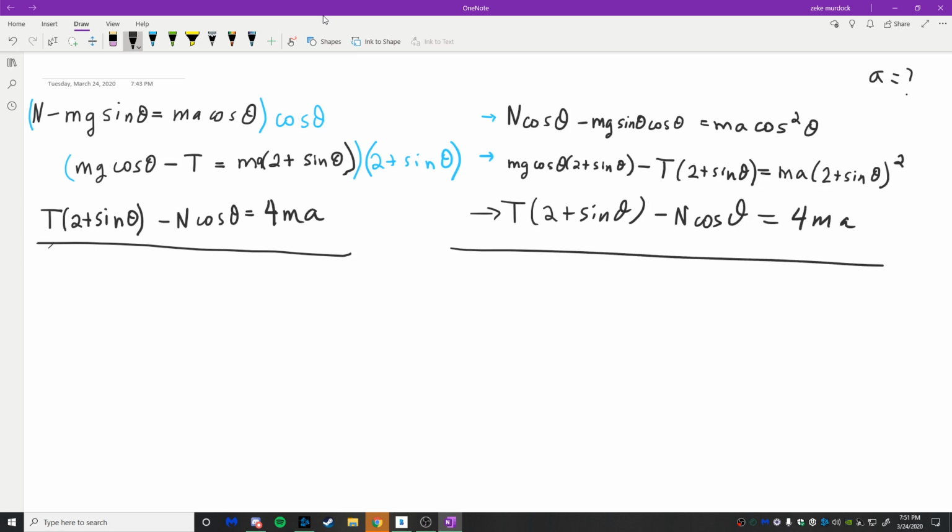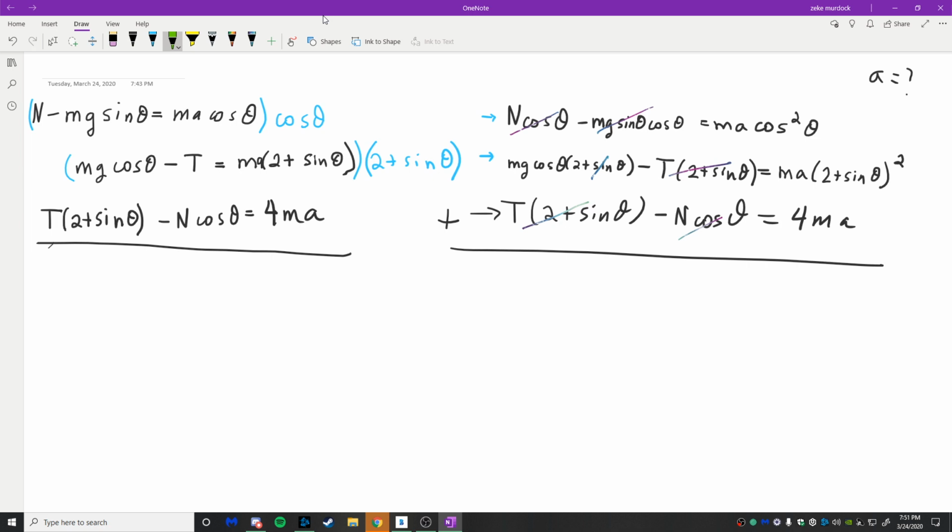And now, if I add these equations together, a lot of stuff cancels. So when I add these equations together, can you see that that term cancels with this term? And this entire term here cancels with this entire term here. In addition, that term is going to cancel with that term, right? mg cos theta times sine theta is equal to mg sine theta cos theta. So the entire left side of the equation completely disappears, except for what we're left with now is 2 times